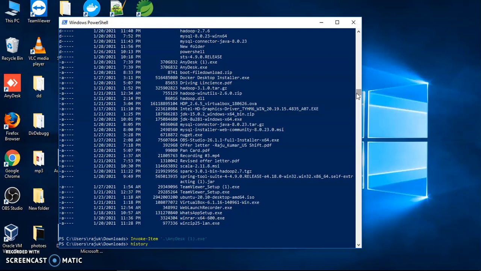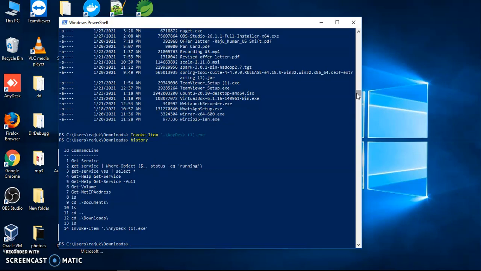To check that again, we can use this. You can see first we used Get-Service. Again we used this one, and this one, like this we can see here. And the last I used only Invoke-Item, with which I opened this service. Like this we can see.